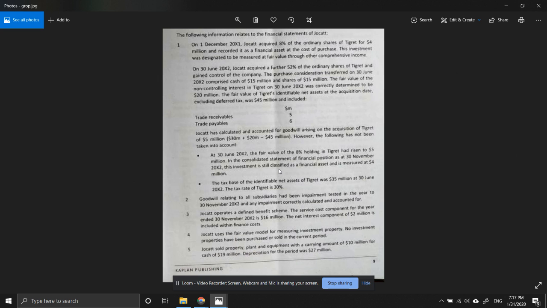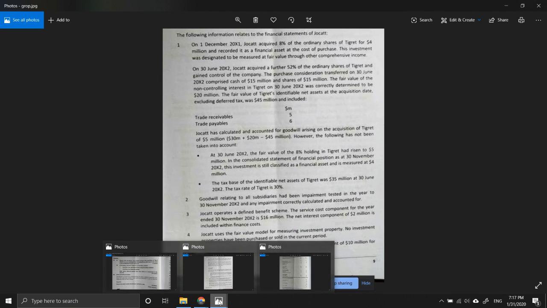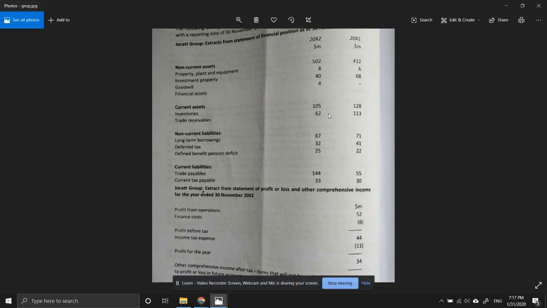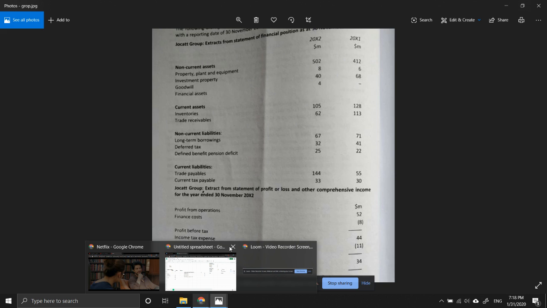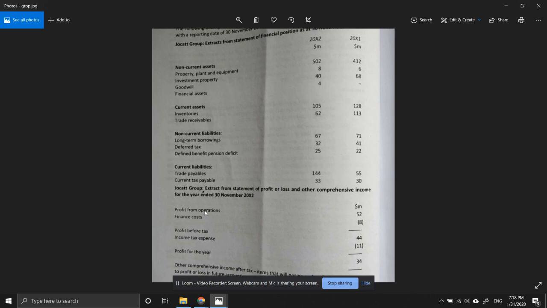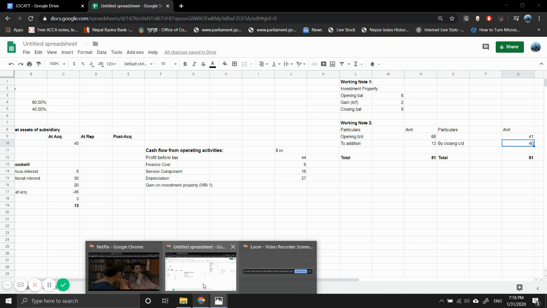Our goodwill, where did it go? So 40, right? So this goodwill figure does not include the 8. Okay,